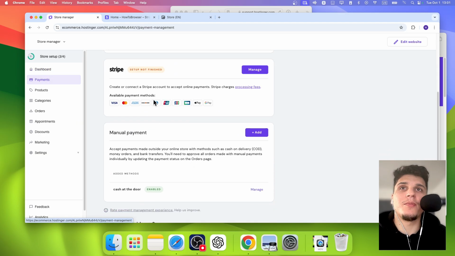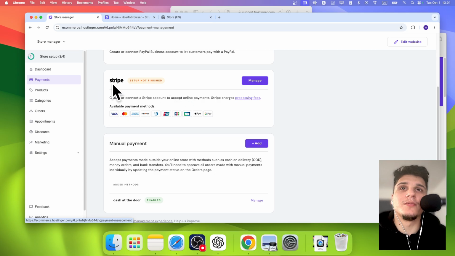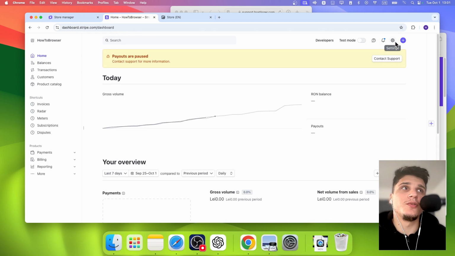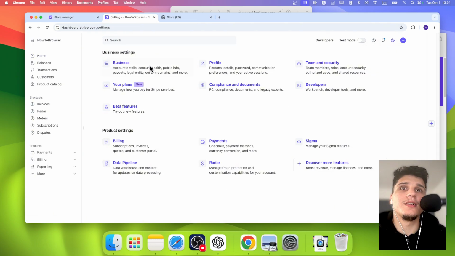Now we're gonna have to set up our Stripe account. Make sure if you don't have a Stripe account, create one. And then once you've created one, just connect your Hostinger to Stripe. See here, connect Stripe account, accept online payments. Then once you're doing that, you're gonna have to go to settings here, and then here you click on